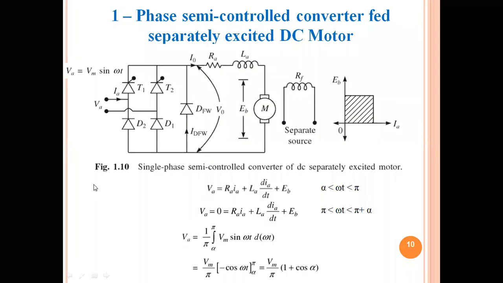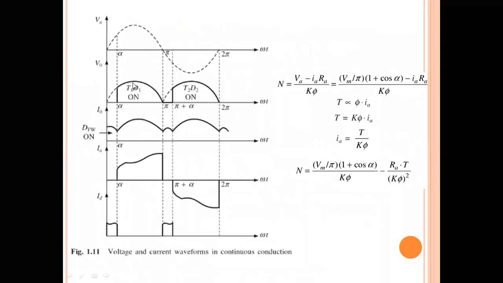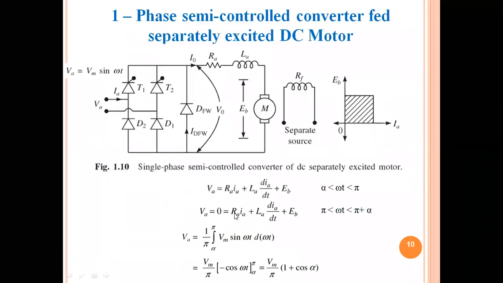For a sinusoidal power supply, the equation is calculated only for the half cycle. You know the reason, you have come across it. So the average equation is calculated for the half cycle for the sinusoidal input. So VA is equal to 1 by pi integral alpha to pi. Alpha to pi is the conduction duration, so that is the reason why alpha to pi is given here. You can also observe here the voltage waveform appears from alpha to pi only. Okay, so that is the reason why alpha to pi.